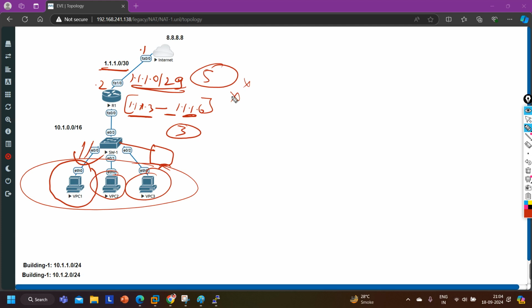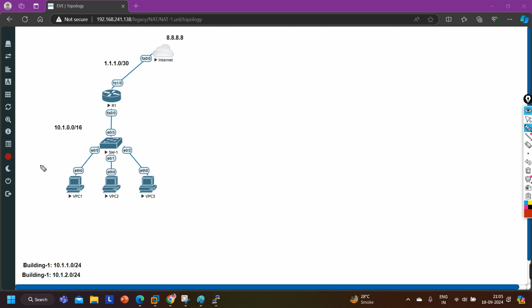So that's why dynamic NAT failed, guys. We come up with PAT, port address translation, which means all the users can access the internet with the help of a single public IP address. In PAT, routers are going to assign the port number. Let's say 10.1 wants to access 8.8.8.8. When the router receives the traffic, the source IP will be 10.1 and the destination IP 8.8.8.8.